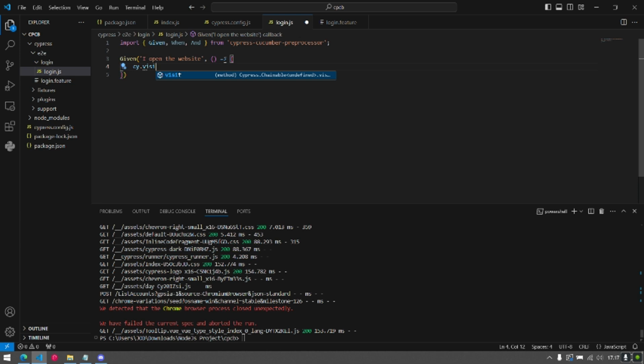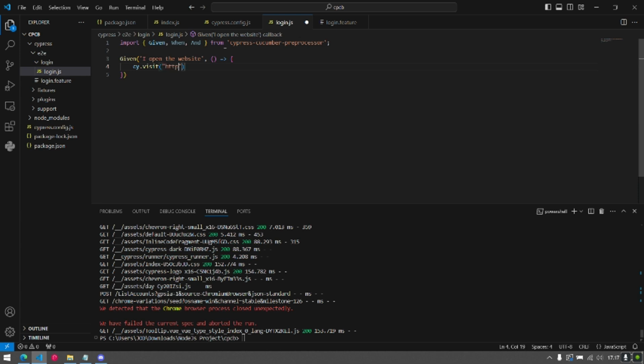So when the Given is executed, Cypress will execute the visit method, which will direct the system to the URL that we want.